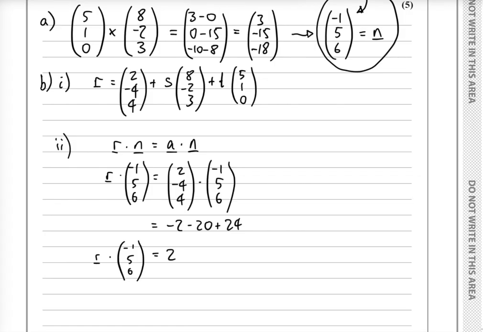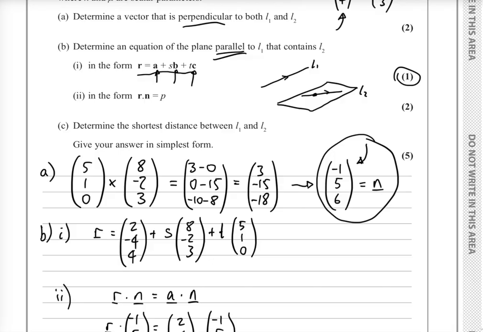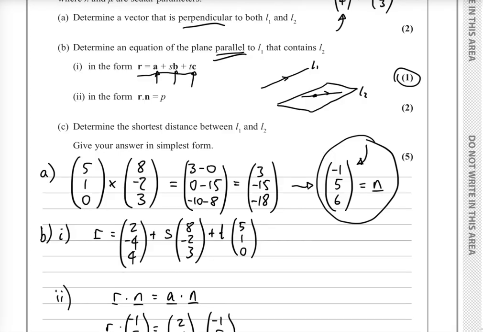And there's our second plane equation. Part C, determine the shortest distance between L1 and L2, give your answer in simplest form. Now because these lines are skew, it's hard to draw these in 3 dimensions, but the normal to the plane is actually also the direction of the line of shortest distance, i.e. the perpendicular between the two, because that's how we worked it out, perpendicular